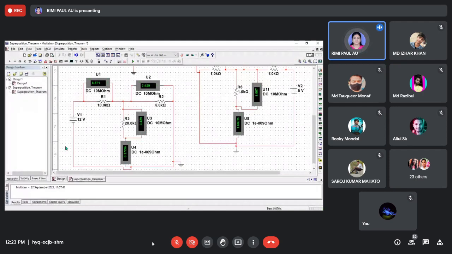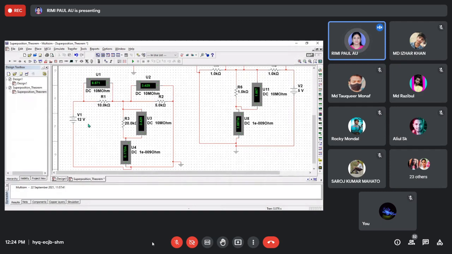So write down, only the 12 volt source is acting. You have to make everything in a table, and I will describe how to make a table. Just today you note it down, and before submission I will tell you how to write and what to do, everything. Don't worry. But don't tell me, madam, I have forgotten to note down the data. Please, I cannot tell you.